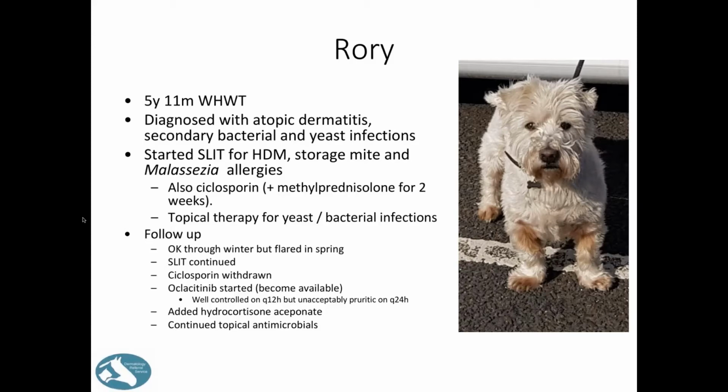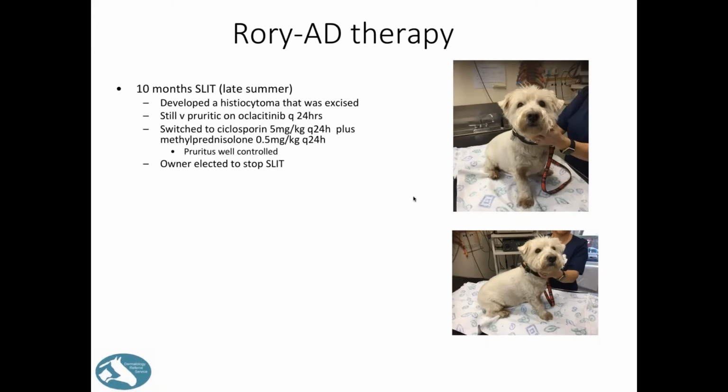Oclacitinib became available, and typically, like a lot of the cases we see, he did okay on twice daily therapy, but was unacceptably itchy on once daily treatment. We added in topical hydrocortisone aceponate for his feet and some of the other focal areas that he was particularly pruritic over. Continued topical antimicrobials. After 10 months of sublingual immunotherapy, which is the late summer the following year, he was still very pruritic,